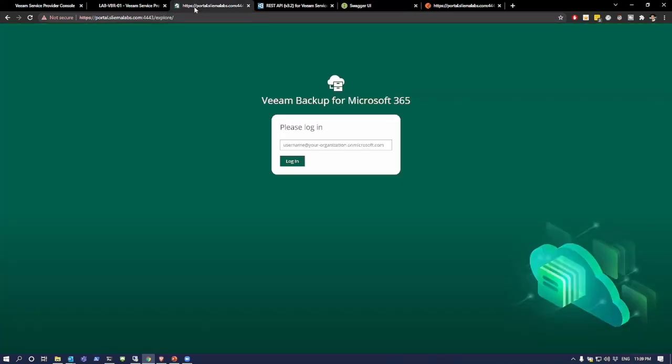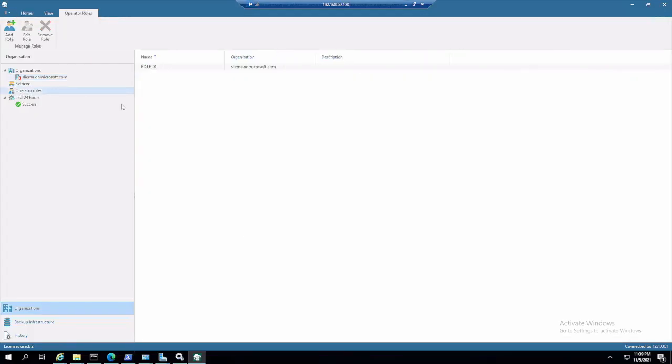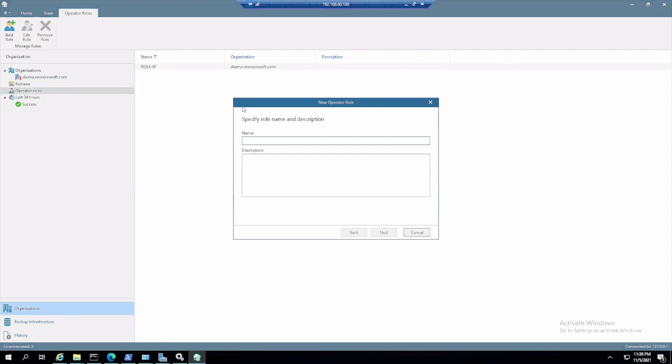Okay, so let's go in and do something very quickly here. Let me just go here, because I want to quickly touch on operator roles. The operator roles are basically what dictate that operator-level access to actually see different tenancies, right? So this is fully multi-tenant capable. Obviously, I've only got one organization here, but if I wanted to go in and create a user,